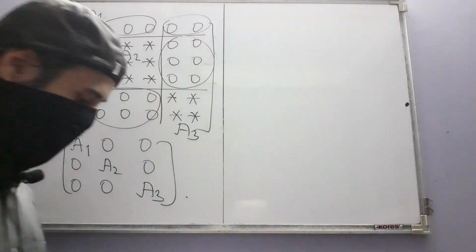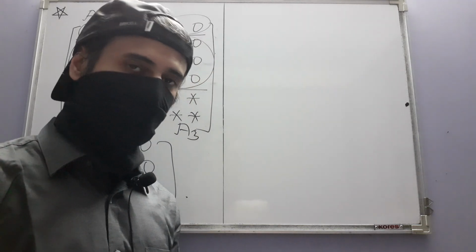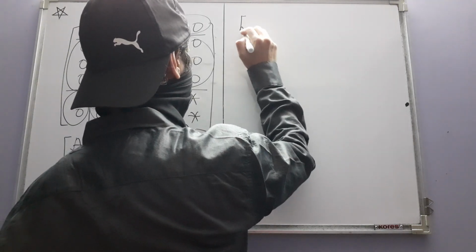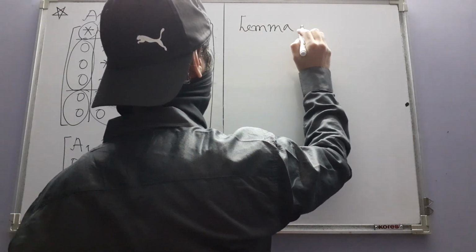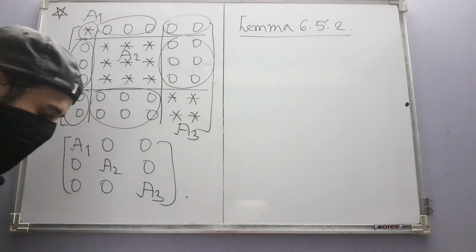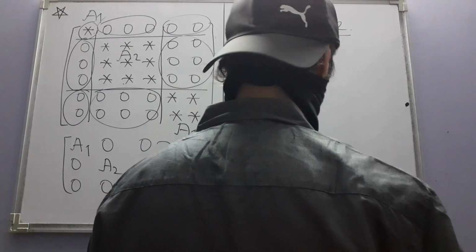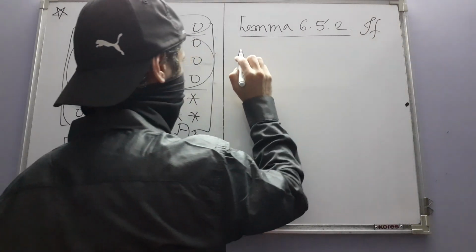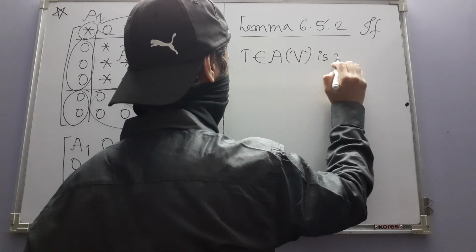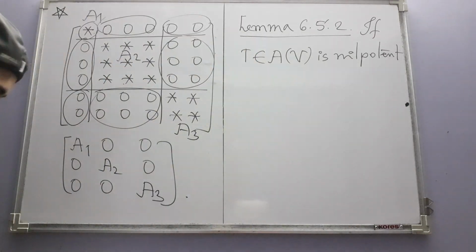All right. Now that this elementary lemma is out of our way, we can see another lemma which is more important. We are going to need these things when we do our main thing. And this one is about a linear operator that is nilpotent. If T belonging to A(V) is nilpotent, all right,